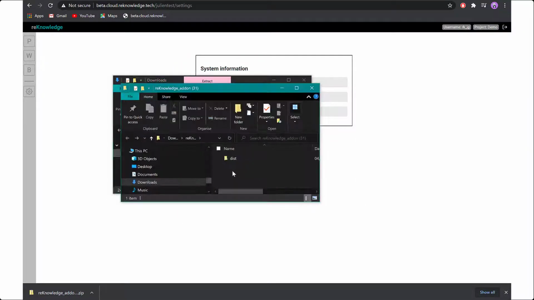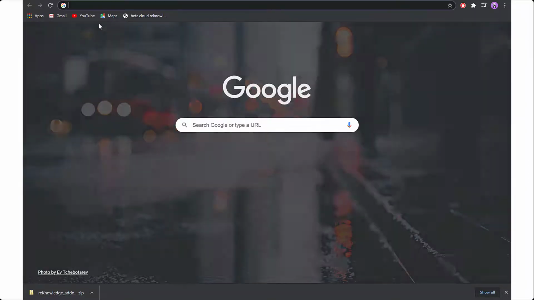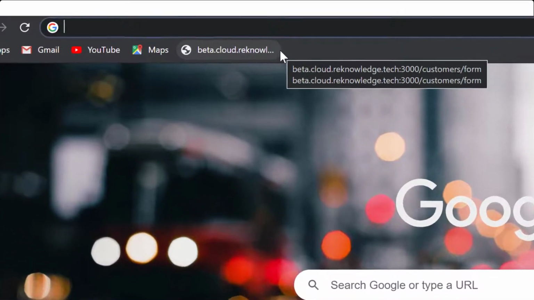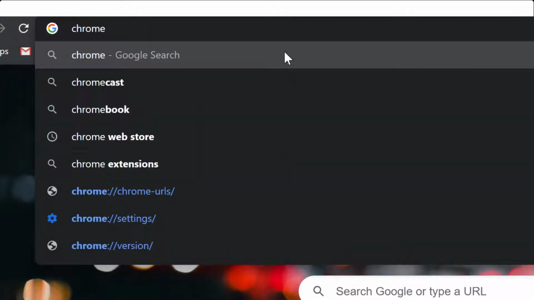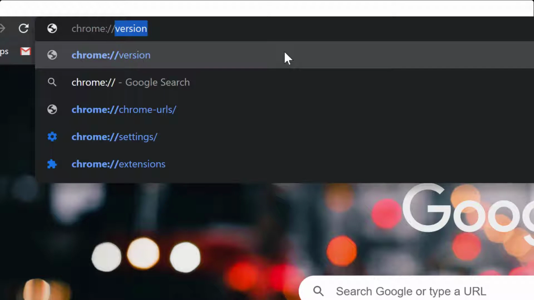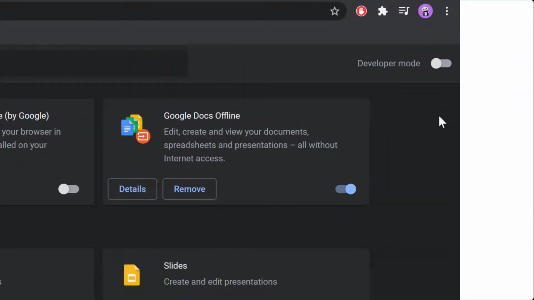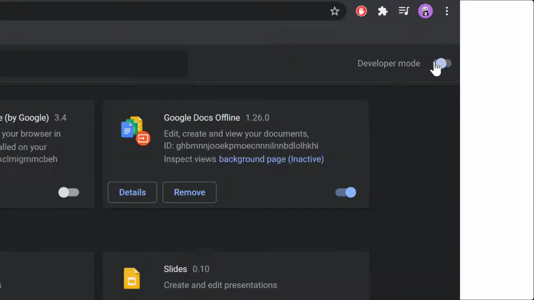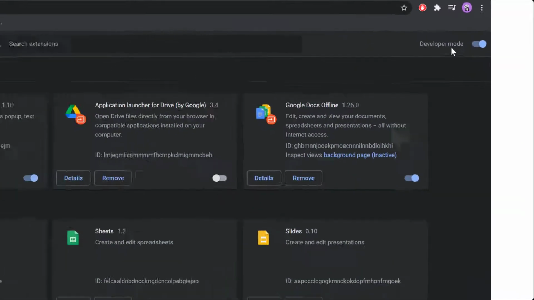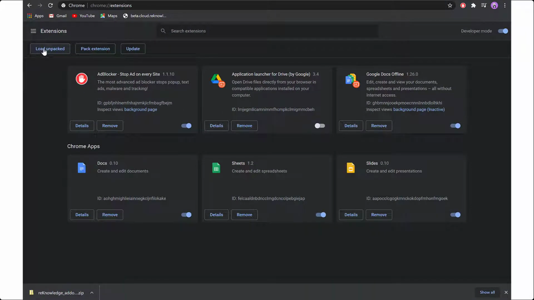And once you've extracted your file, you can go back to your web browser, open a new tab, and go to chrome://extensions, and there you will need to activate the developer mode. Once you've activated the developer mode, go to Load unpacked